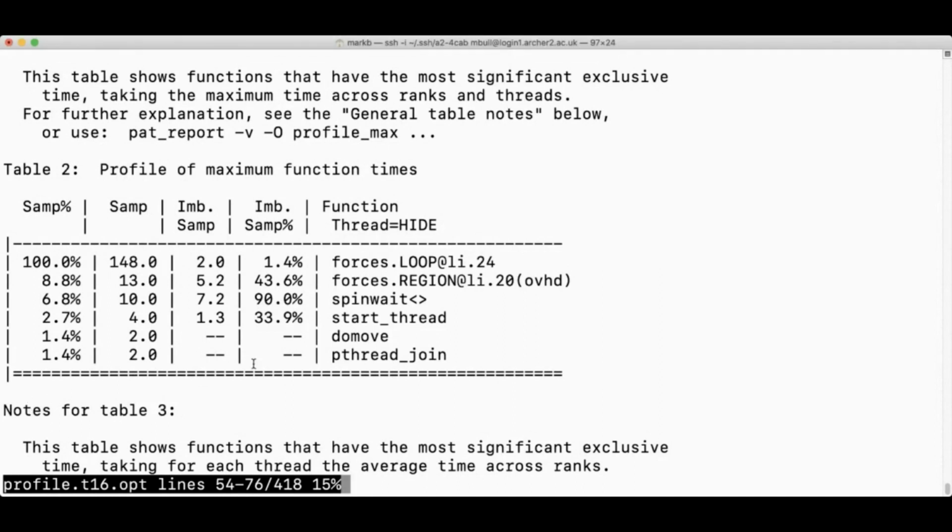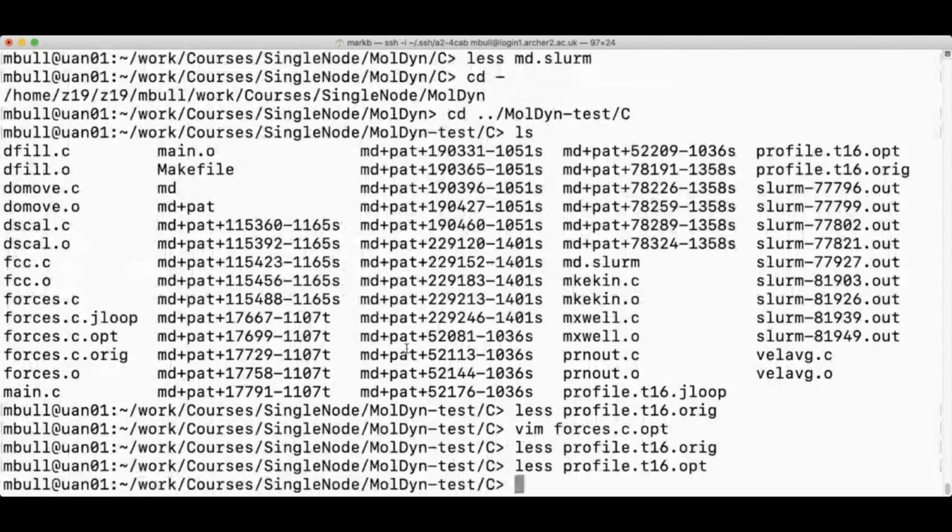Okay, so that was the default number of time steps, which I think is 20. It's actually a bit short for sampling, so you would probably want to bump up the runtime a bit. It's a rule of thumb: it's always good to have a runtime of more than 10 seconds or so for sample-based profiling.